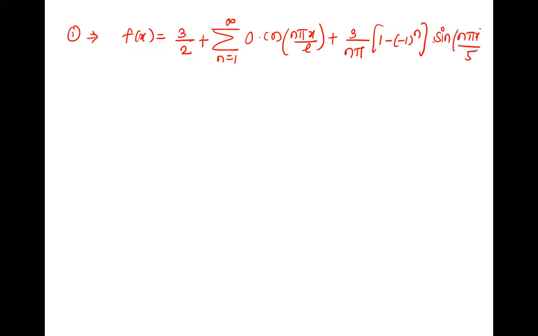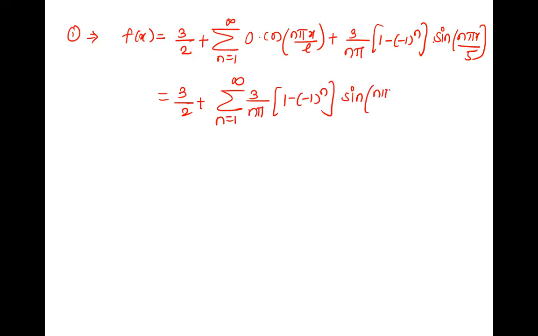L is 5. This is the required, or you can write that 0, okay? 3 by 2 plus summation n is 1 to infinity. Only this is there, 3 by n pi, 1 minus minus 1 raised to n into sine n pi x by 5, is the required Fourier series